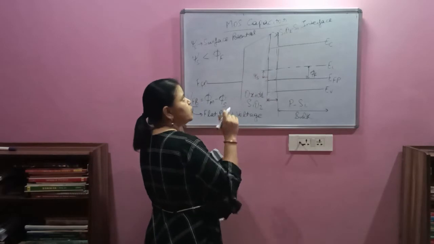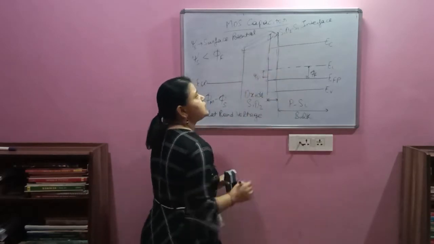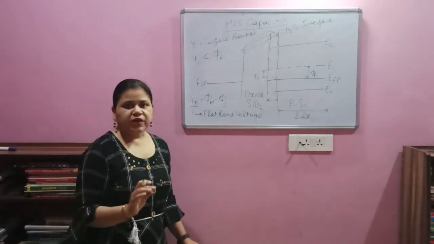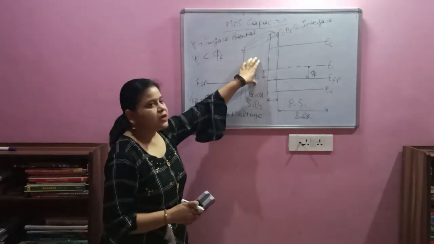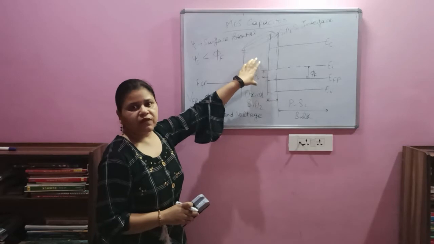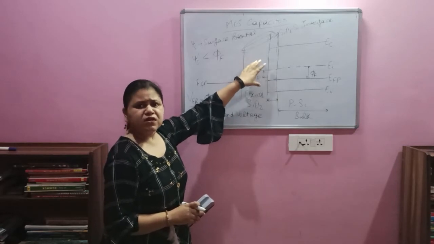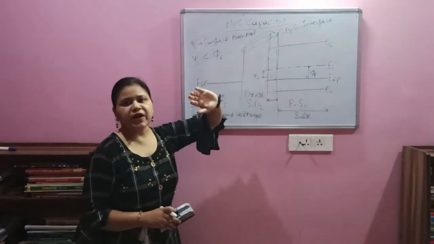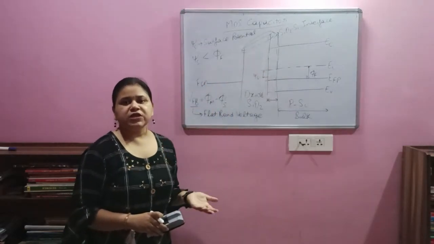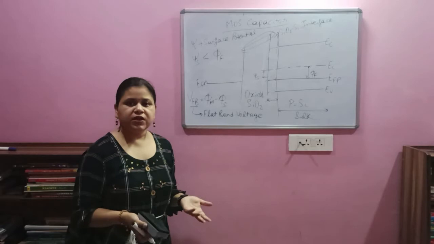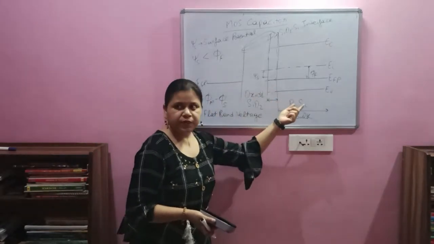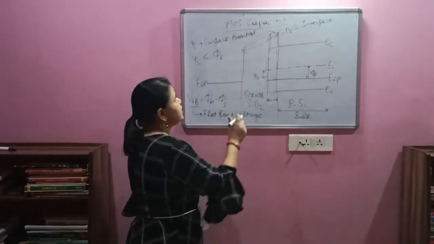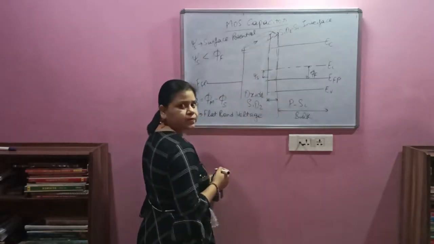Now over here, one question also arises: why is there a slope in the oxide? Because this is a non-conducting type of layer. It does not have electrical properties, so there is no bending happening. So why this slope? Basically, this slope is defining the electric field generated because of the potential difference at the two sides. So the higher top means that the electric field is generated in this direction.